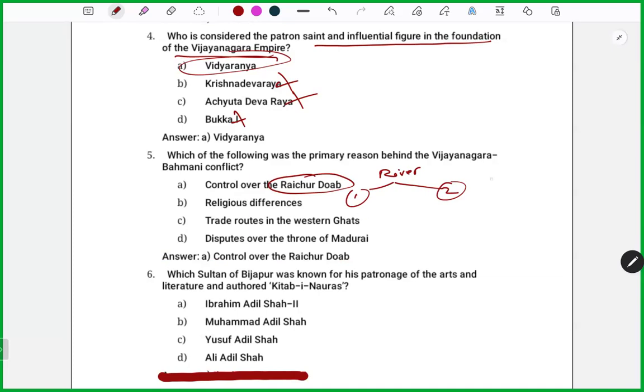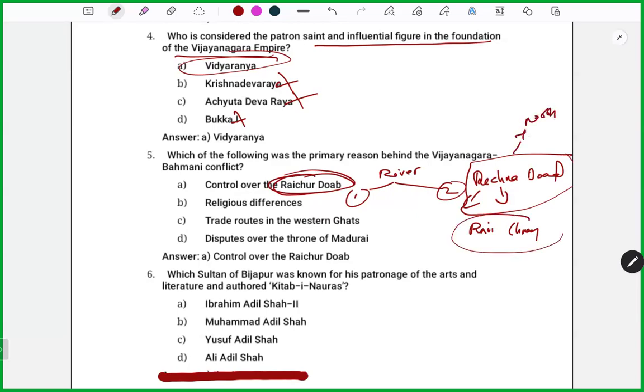No. Raichur Doab is different, okay? Raichur Doab is different from Rechna Doab. This Rechna Doab is between Ravi and Chenab, so Jammu and Kashmir, the Pakistan side, all right? So don't get confused, Raichur Doab with Rechna Doab. These are different. Rechna Doab is between Ravi and Chenab, but Raichur Doab is different. It is the southern Doab. This is in the northern part of India. Don't get confused, Ravi with Chenab, all right?